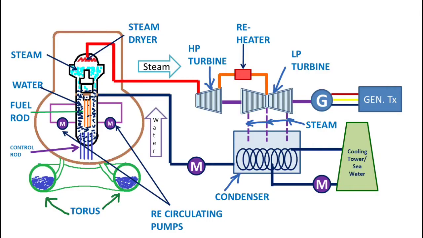Okay, so this is the schematic diagram of a boiling water nuclear power plant. Now, how are the reactors named? The reactors are named based on the coolant used in the system. Whatever coolant is used denotes the name of the reactor. Now let me explain the basic operating principle of a nuclear power plant, in general.